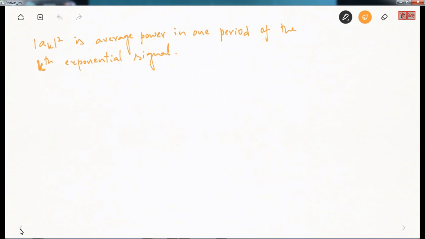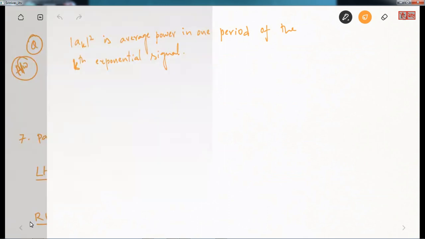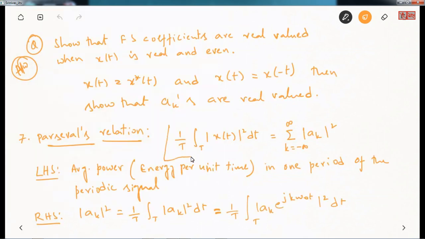If you look at this equation, the average power per one period in the signal is nothing but the sum of the average powers in one period in all the exponential signals, right? So with that,